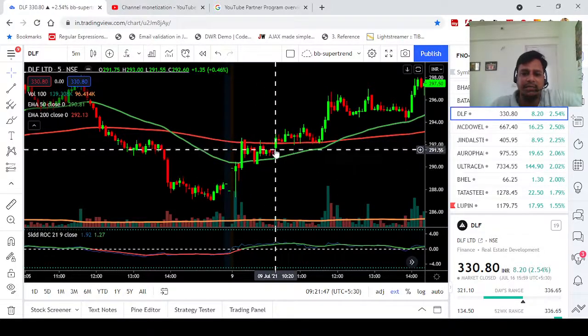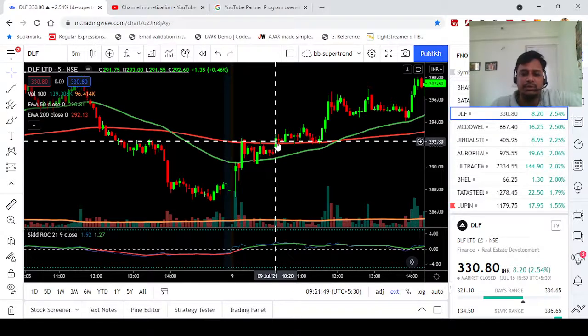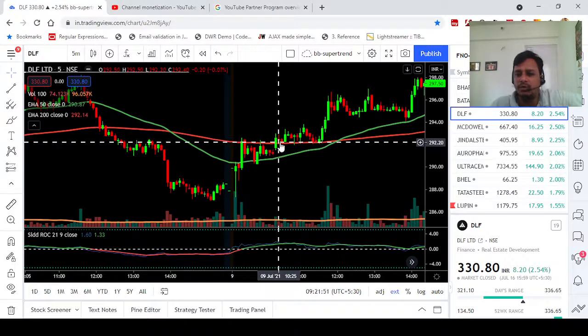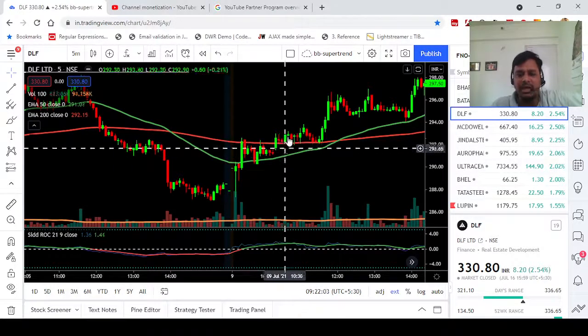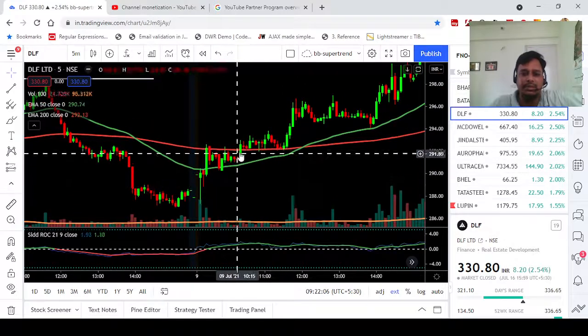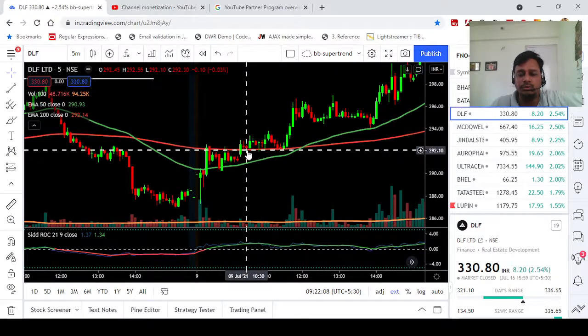Okay, again you see that it is trying to move up, it came up. So this candle properly closed above the 200 moving average. What will you do here? You will go for a one lot buy, or 100 shares, 200, 250 shares, you will go for a buy. What is your stop loss? 1% from this price. And what is your target? 3%. So let's say you had 292, you were buying.